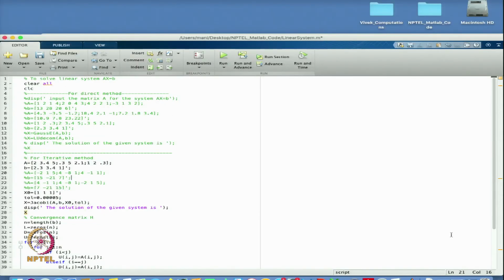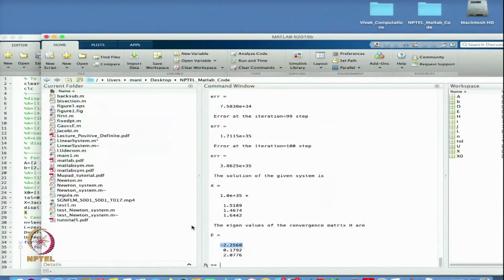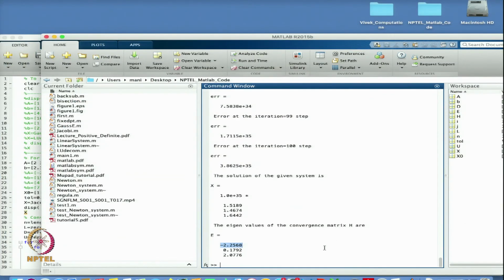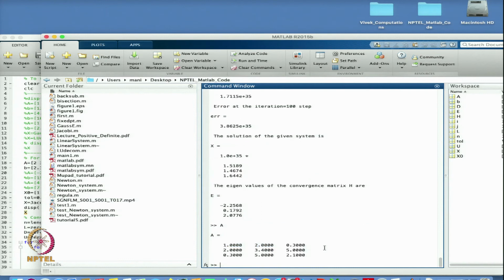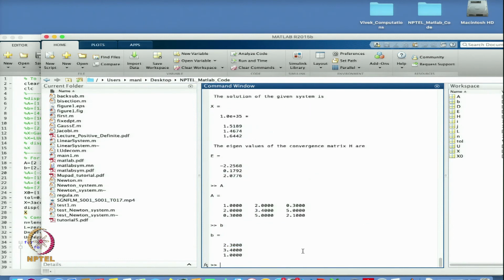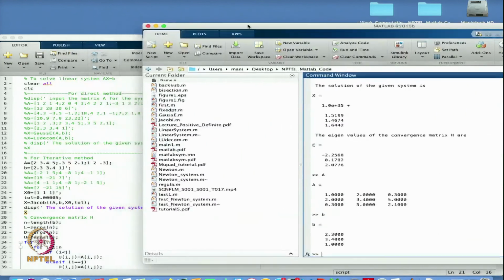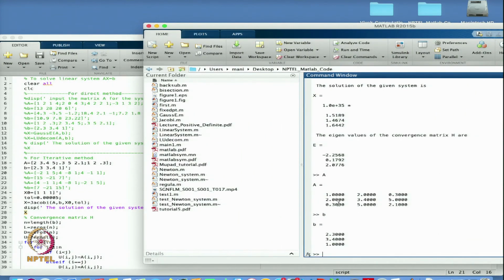So in the previous, if you see, my A was this one, 1, 2, 3, and my B was this, 2.3, 3.4. So now I have changed this one. Now 2, 3.4 this, so 3.4 should be now here.